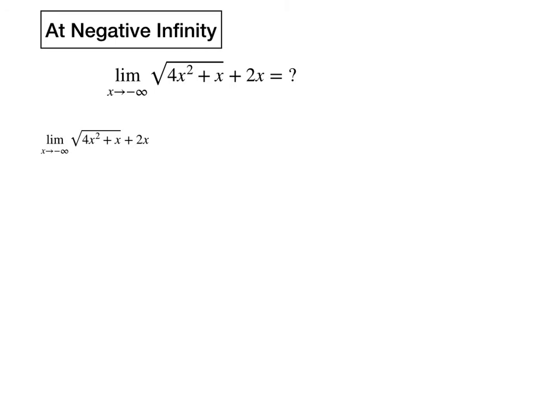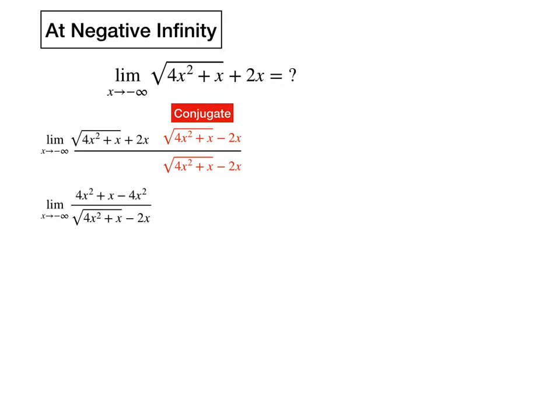If you have a radical function, you always want to think of its conjugate. So in this case, let's start by multiplying the function by its conjugate, and to preserve the equivalency, we divide the function by the same term. If you multiply the numerator together, you get 4x squared plus x minus 4x squared. Then you can cancel the 4x squared out to get x over the square root of